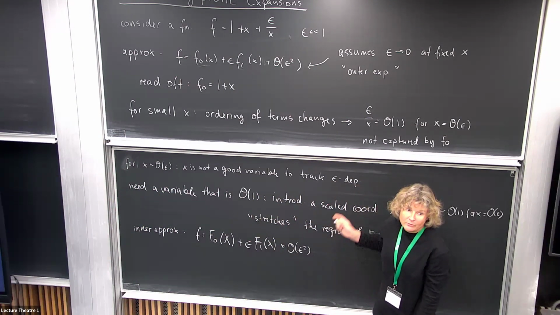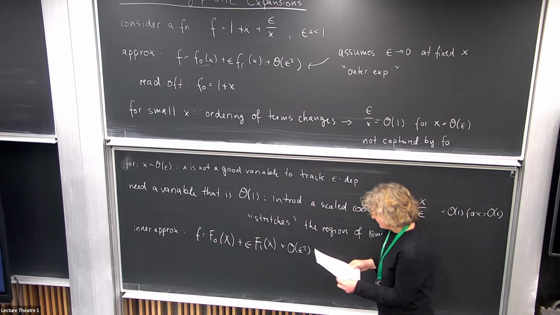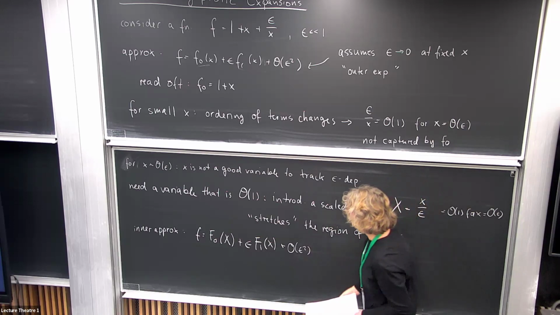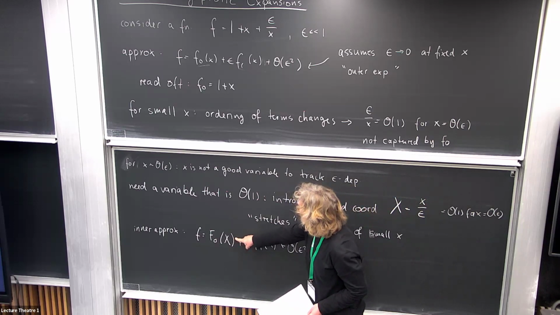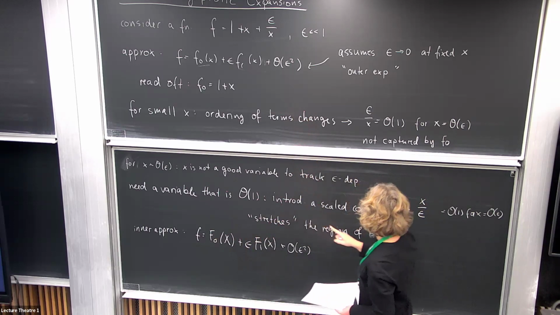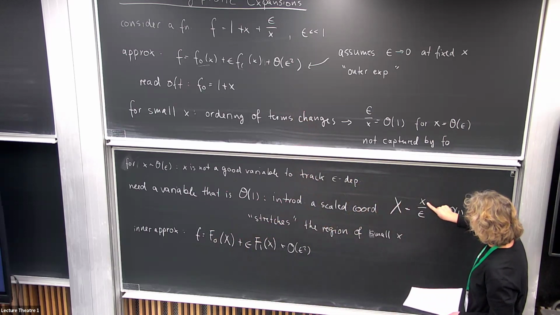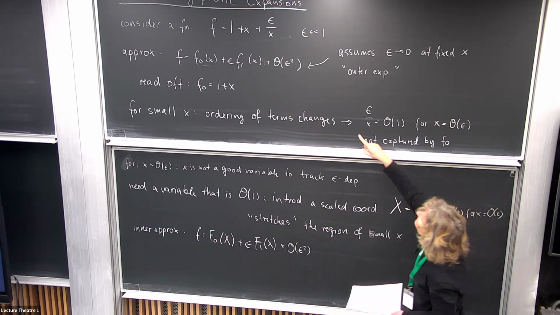In analogy with what we did before. Okay. And we can again read off what is now this f0. Well, if we write the function f in terms of the big X, so we replace small x by epsilon times big X, then we can see